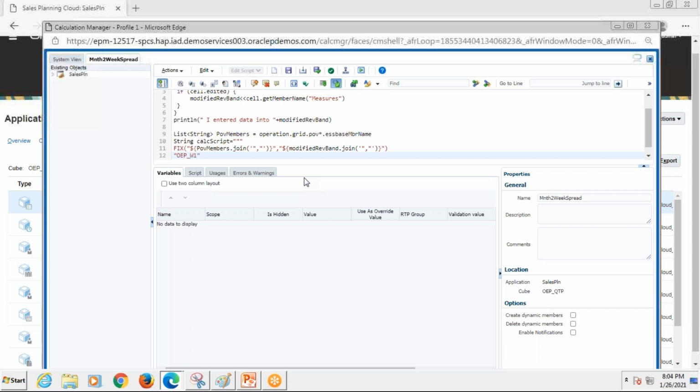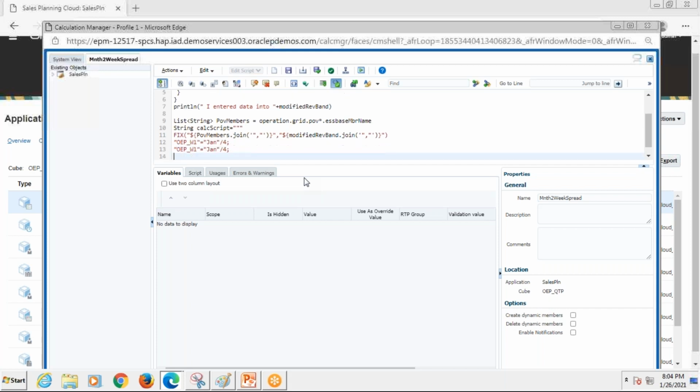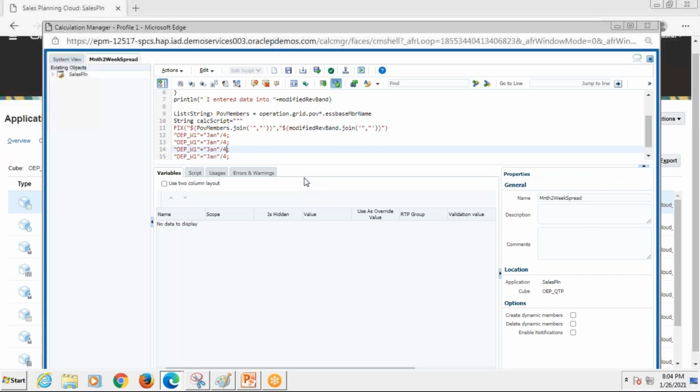So here I'm writing that for week one, I wanted to assign the value as whatever got entered at the Jan level, and the Jan number, whatever we have, divide by 4, and that's it. Just Control C. For other weeks also, let us make some changes to the third week and fourth week.